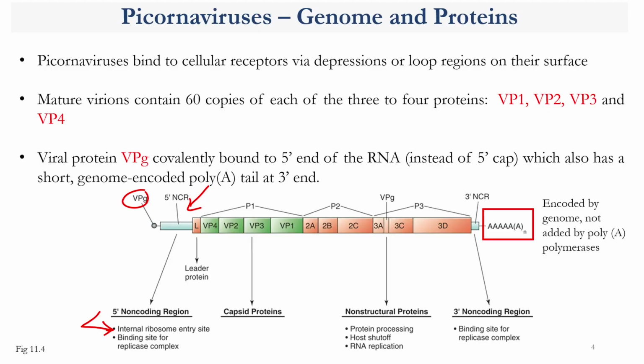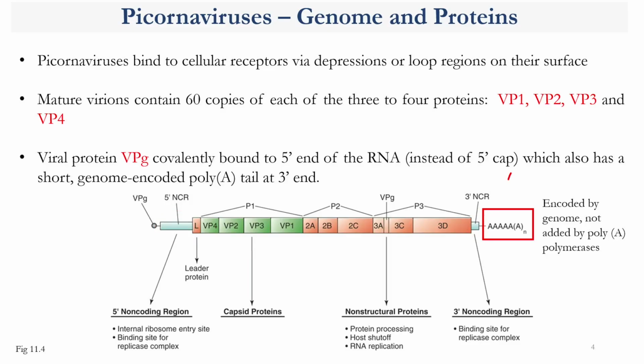Okay, so ribosome, yes, partly, but also it's the protection of the mRNA from the 5' end as well, okay? So then you have your capsid proteins, your VP1, 2, 3, 4. You have a small leader peptide. Then you have your various other proteins. So you have your non-structural proteins, as well as, lastly, you have your non-coding region on the 3' end. So both on 5' end and 3' end, you have non-coding regions, okay? The 3' end is slightly smaller than the 5' end, but